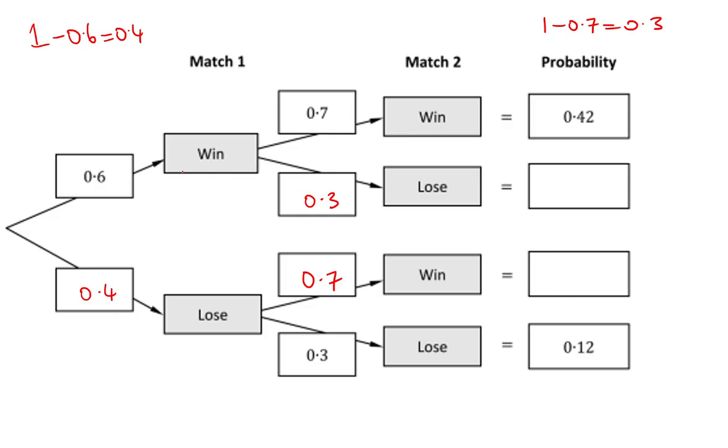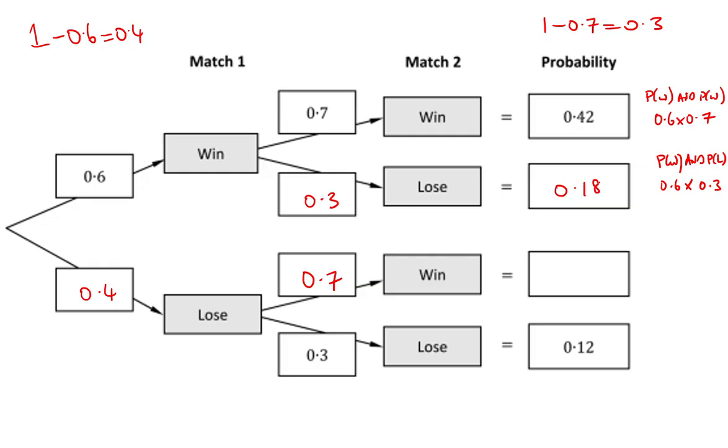If he wins the first match, that's 0.6, and win the second match, that's going to be 0.6 by 0.7. That's the probability of a win and the probability of a win in the second match. So we've got that done for you already, 0.42. The next one is the probability that he wins the first match and loses the second match. So that's 0.6 multiplied by, following the branches of the tree, 0.3,